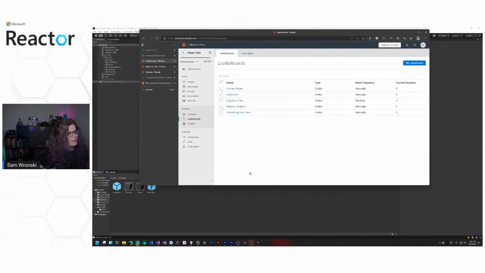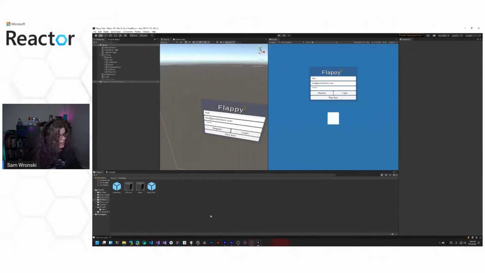In order to make this work, we need players with high scores. So let's go and look at how we do all of these leaderboard configurations. There's a number of different ways to do this. In this case, I'm looking at the top players and building a leaderboard based on the top players globally. So anybody that plays the game is going to get a high score, and that high score is going to be compared against everybody else's, and the 5 highest globally are going to be shown in the list. You can also display local high scores, so people who have a score near the current signed-in player. That's another option, or display friends and show the high scores of a player's friends. All of those are options.